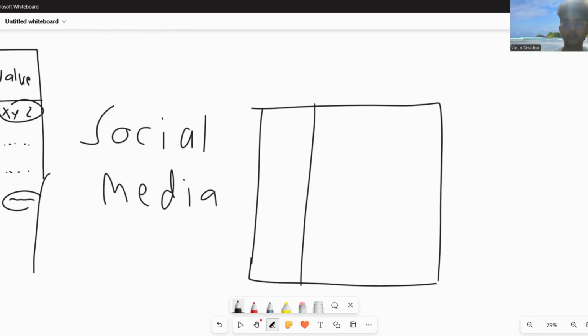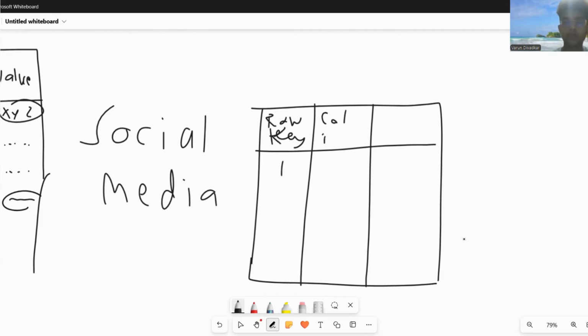Let's say you have the row key, say one, and then the column family is like, say, personal, and then the column qualifier. In HBase, you call it column qualifier. So the column qualifier is say name, and so same row key,